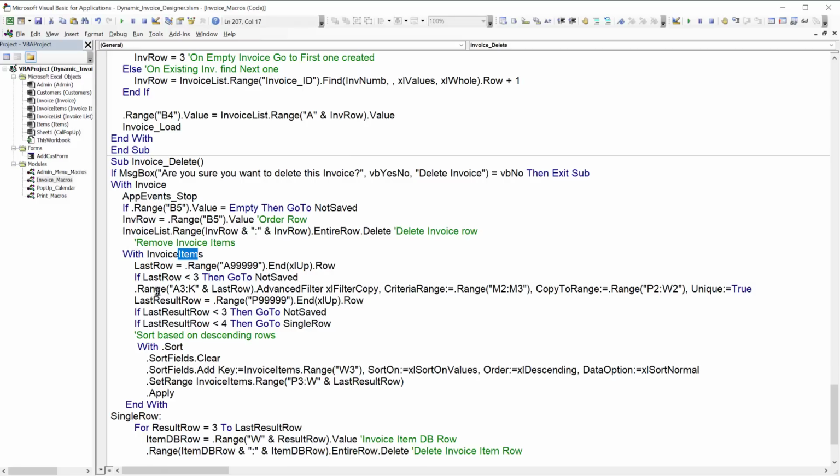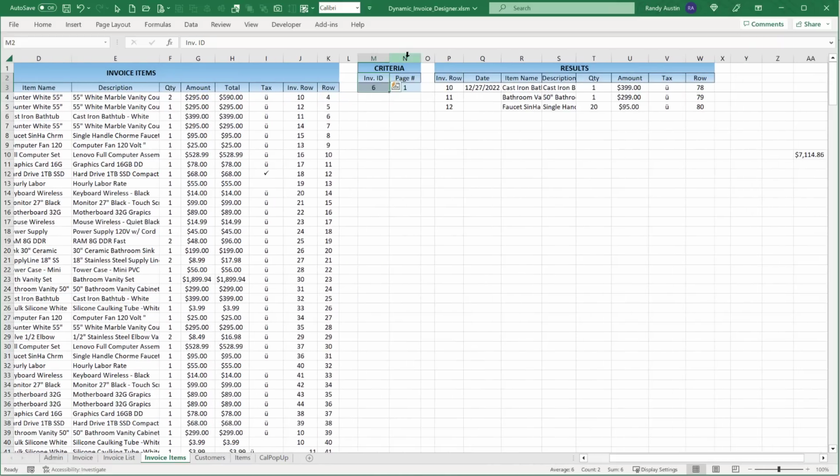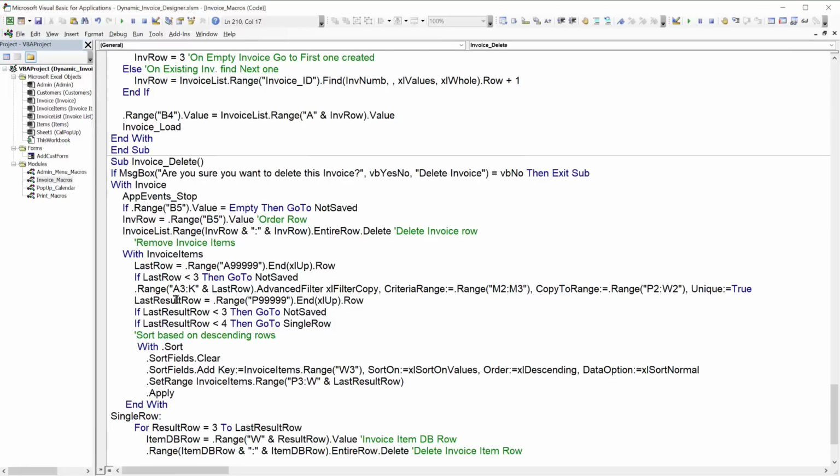If there are items, I want to run an advanced filter based on our invoice items, just as I had mentioned to you. Running that advanced filter from A3 through K, this time using criteria only on that invoice ID and not the page. So our criteria is going to be M2 through M3, and having those results come from P to W. And that's just what we're going to do here. A3 through K. Our range criterion is going to be M2 through M3, just the invoice ID, and having the